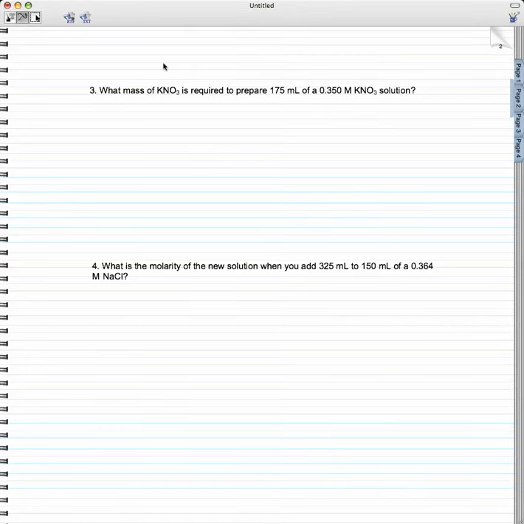Okay, so let's take a look at the next ones here. This one asks us what mass of potassium nitrate is required to prepare 175 milliliters of a 0.35 molar potassium nitrate solution. So basically, we can think about a little flask here,